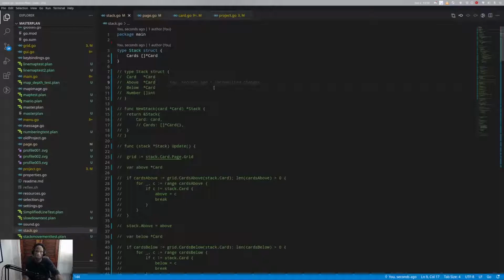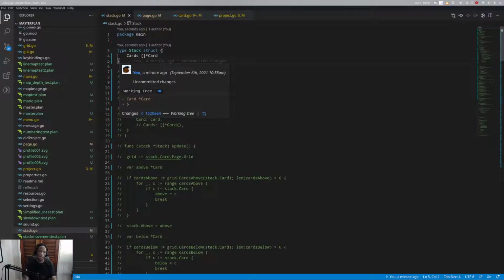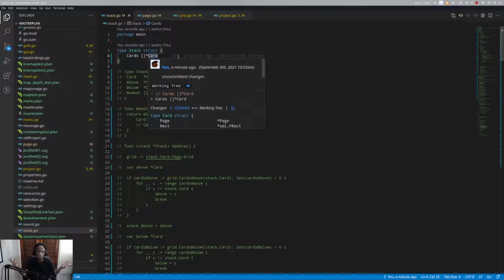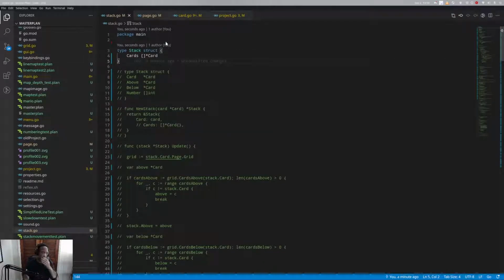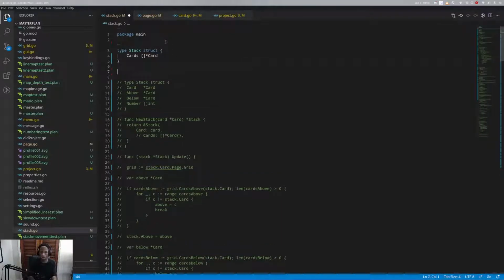Where you updated the neighbors at the wrong time, so now card A's below is card B, card B's below is card A, because card A and B were dragged onto the same position, or they were moved at different times, or whatever. Now, instead, you don't really have that problem. You have a single slice and an inherently ordered sequence of cards, and there's no way to have an infinite loop, because card A's neighbor is card B, whose neighbor is card A. That's nonsensical, because we have an ordered list. I feel like this would be a better solution. I couldn't get it to work before,